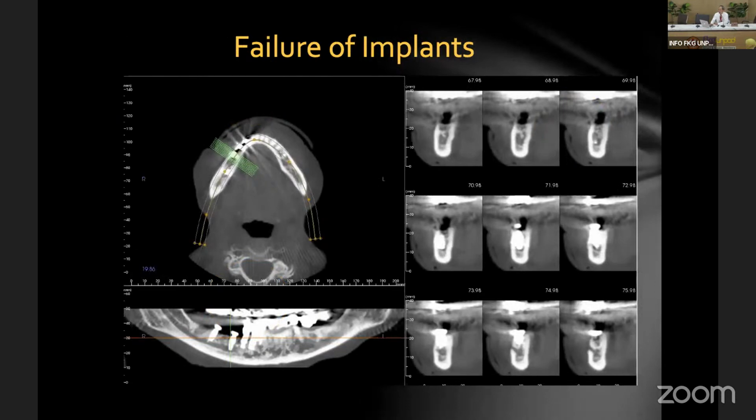Now, this is another failure of dental implants. She is an unfortunate patient who had implants placed outside. The dentist also used panoramic only to place the implants. Sometimes the panoramic radiograph cannot show the mandibular nerve canal well. So this one turned out to have perforation of the mandibular canal. That's the reason the patient got permanent numbness of the lip.